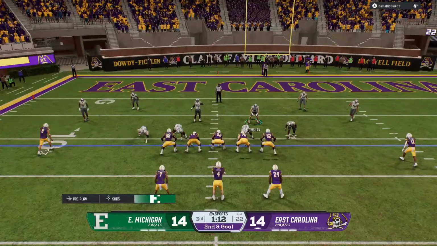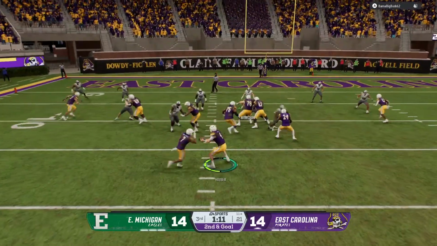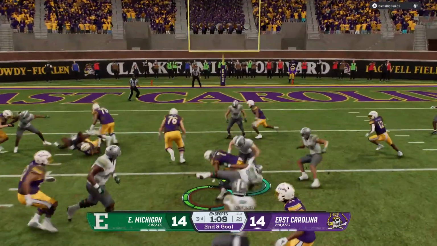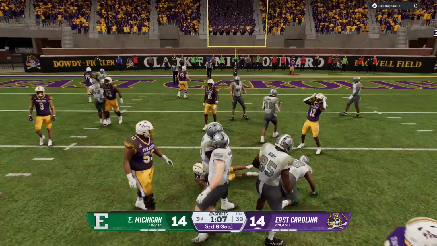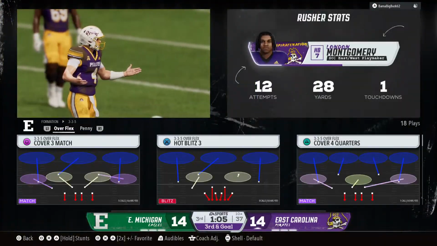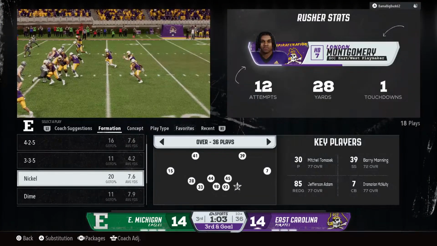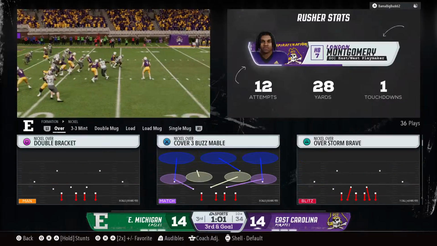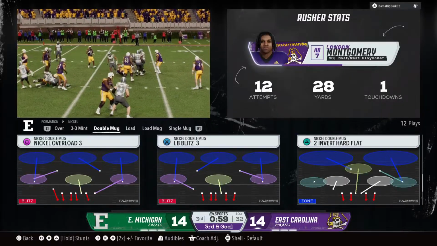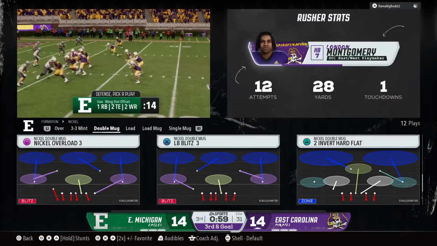Now a second and long coming. He'll run it to the middle, looking for the end zone. This has been happening all night. They stubbornly keep giving him the ball, and the defense is all over it. It's looking like they're going to have to try to throw this one into the end zone here on third